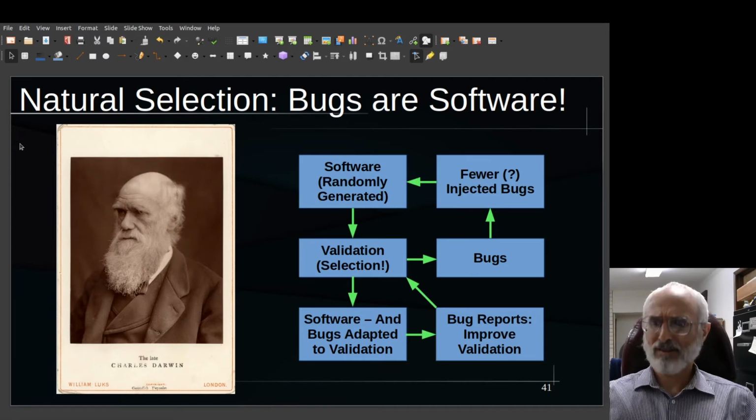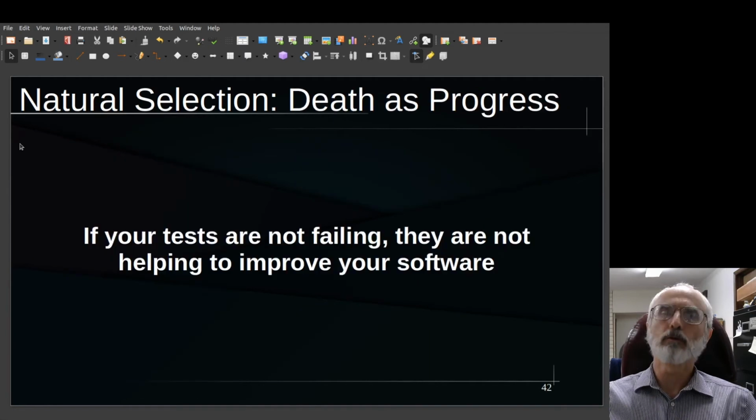In fact, natural selection is kind of a euphemism. Mother Nature does natural selection by killing things. And the things left over are things not killed. So if your tests aren't killing your software, that is, if your tests aren't failing, then your tests aren't helping improve your software. What that means is at any point in time, you have a first-class bug against either your software or your test suite.